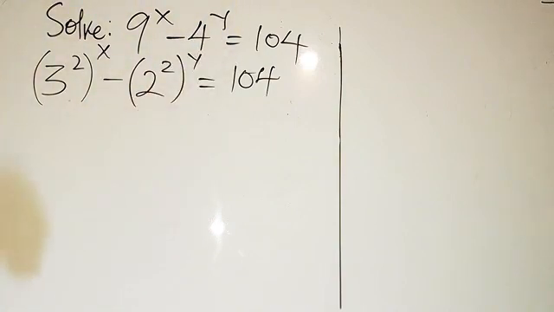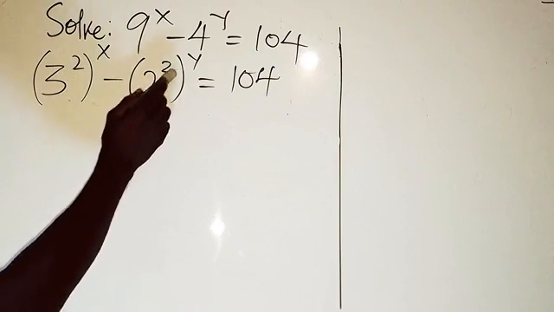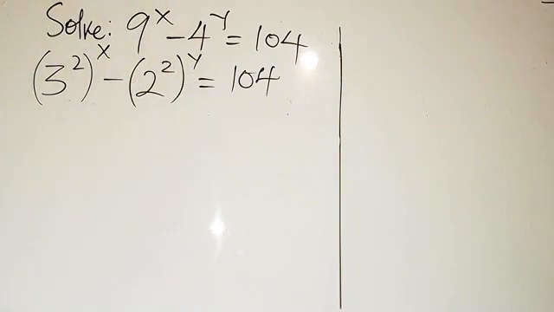I believe you understood what I did here, because 3 to power 2 is 9, and 2 to power 2 is 4. Now I want you to remember